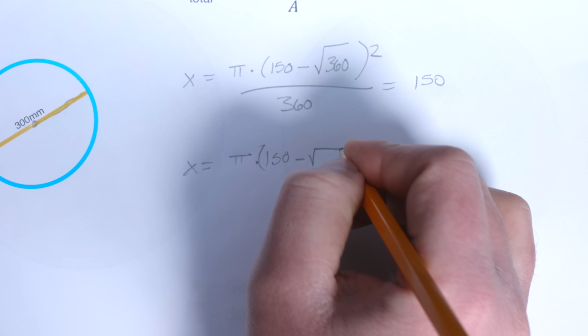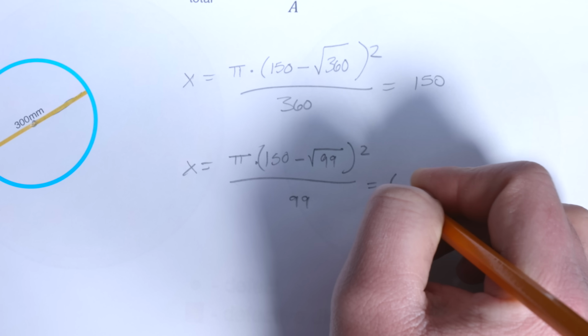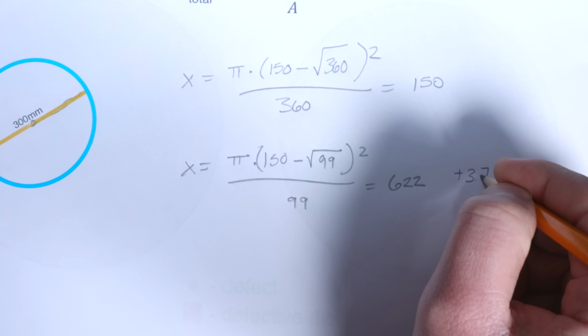Now, let's make the die 4 times smaller at just 99 millimeters. That'll give us 622 dies, which is a 3.7% increase. Okay, now let's talk defects. If we assume that there is a